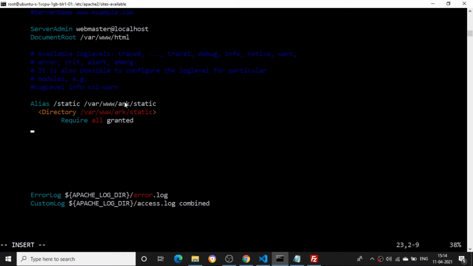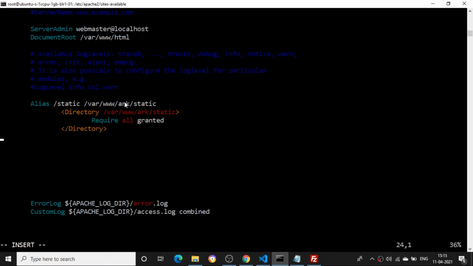So I'll just close this directory. I'll just type slash directory. So I'm just closing this directory file. Once I close this directory file, I'll give one space tab here, for better readability.